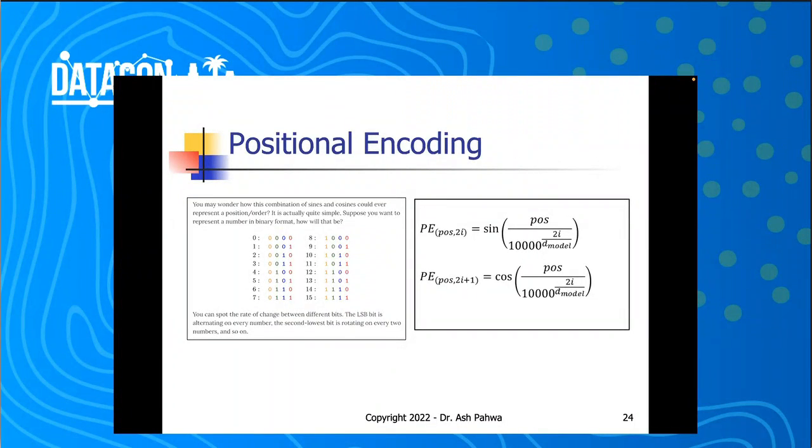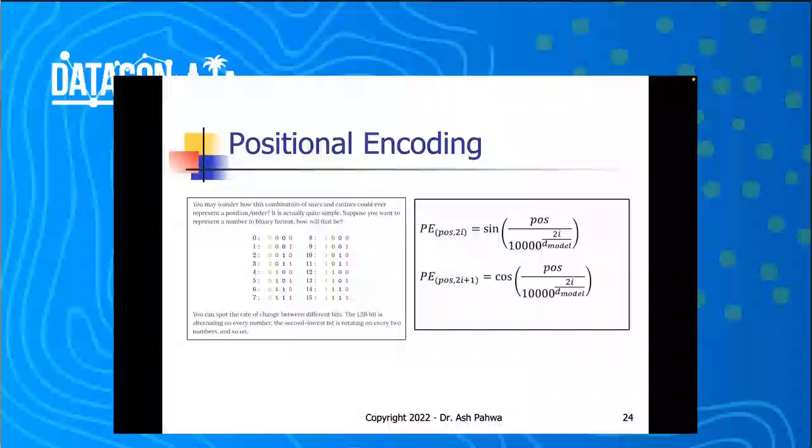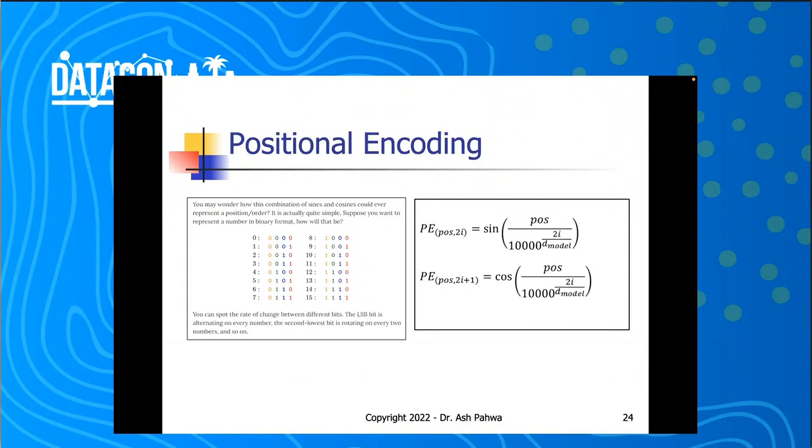The important thing is that we then take the sine and cosine as the value of i changes. And this thing is very similar to writing any numbers in binary. We can take some number from 0 to 15 and write that data in binary. So what is 0? 0, 0, 0, 0. What is 1? 0, 0, 0, 1. And then what is 2? 0, 0, 1, 0, and so on. So the position of the 0s and 1s determines what the value is. The same thing is also true with our decimal system. We have numbers from 0 to 9, and we can put them in different order, and the value changes.